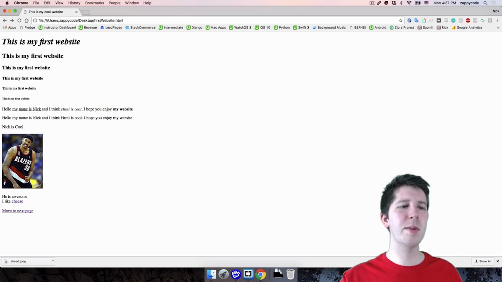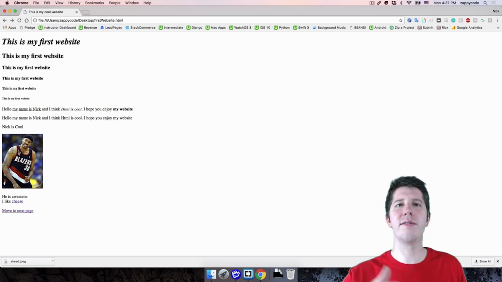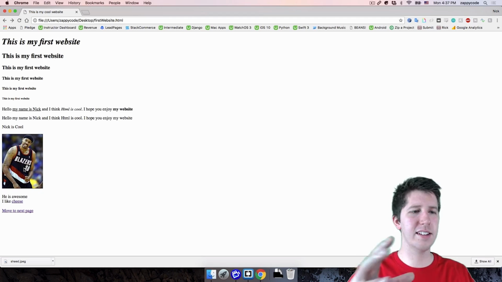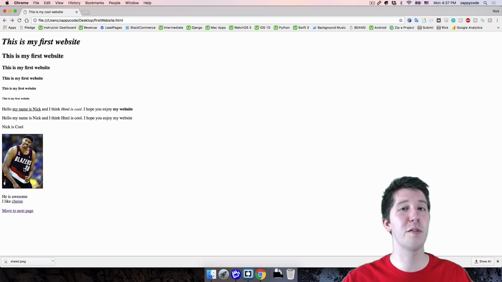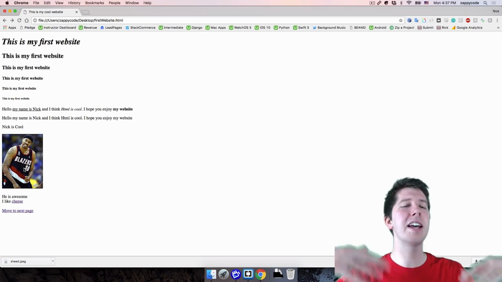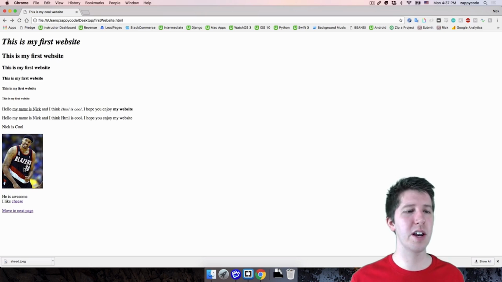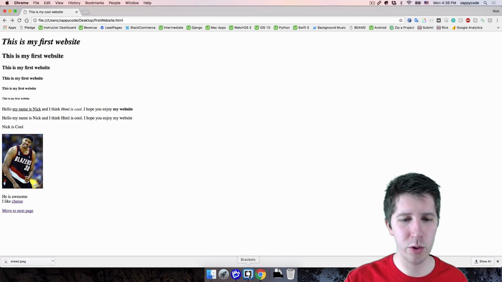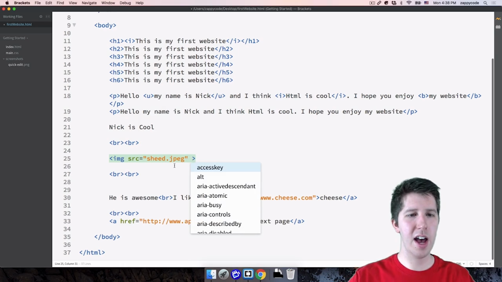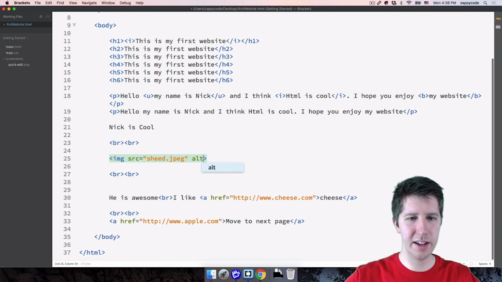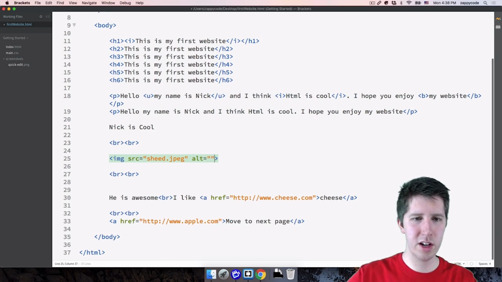But if there's an image all of a sudden, like of Rasheed Wallace, well, they have no idea. And there's no way a program can take this image and decide, oh, that's Rasheed Wallace. I mean, hopefully one day with artificial intelligence, that's going to be a thing. But for the time being, it'd be nice to provide a clue to those using our website who aren't able to see the images, like what's inside of that image. So in our code, we're going to provide another attribute for this image. It's the alt. So we're going to say alt equal to, double quotes like this.